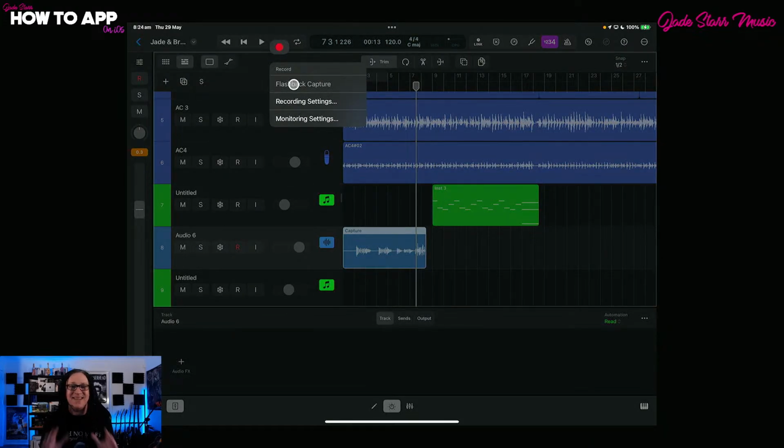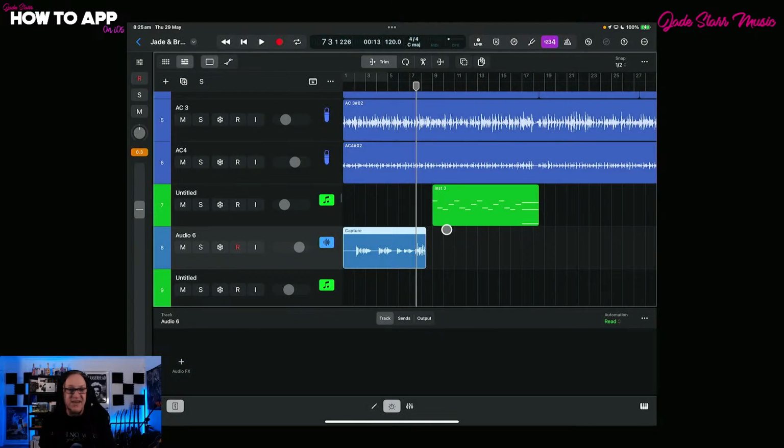So something has to have happened for it to appear here, this flashback capture. See, it's not showing. I can't select it at the moment because nothing has happened. I haven't entered in. I haven't hit play. Now, this only works if you've hit play. So while I'm sitting here talking right now, it's not doing it. But as soon as I hit play,